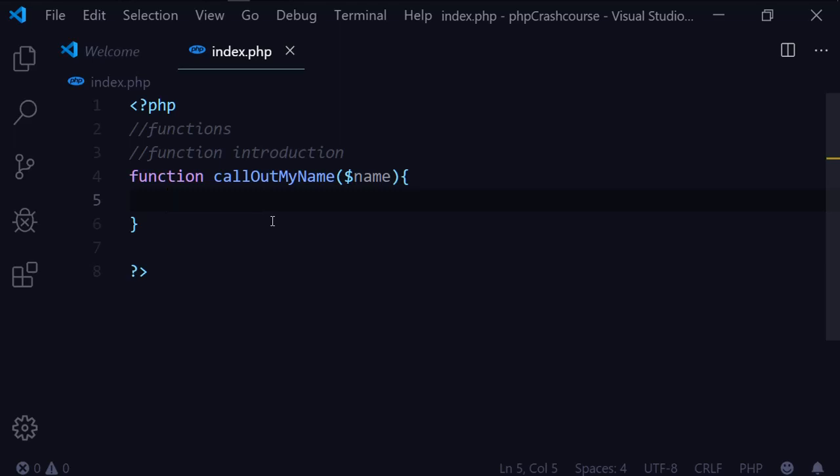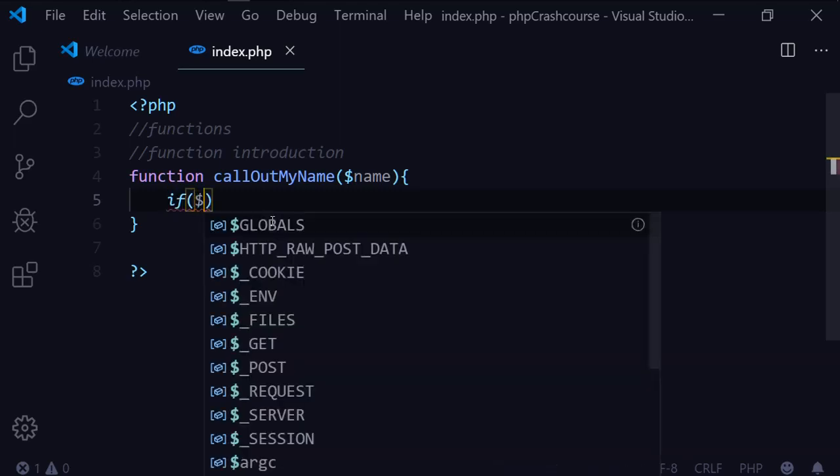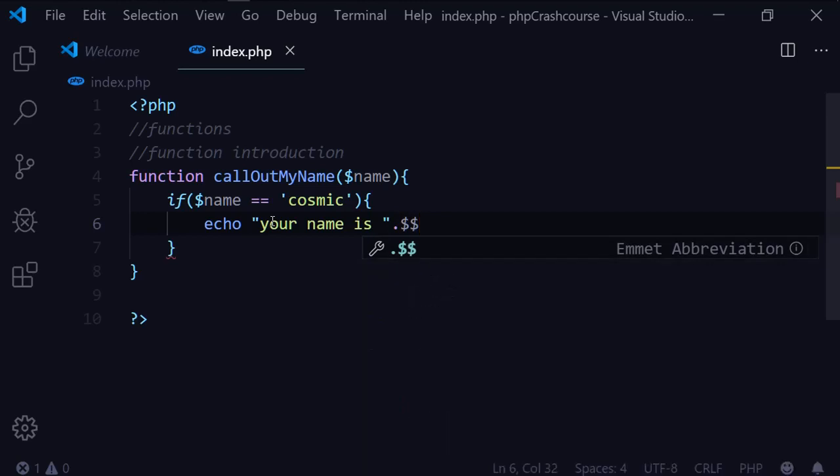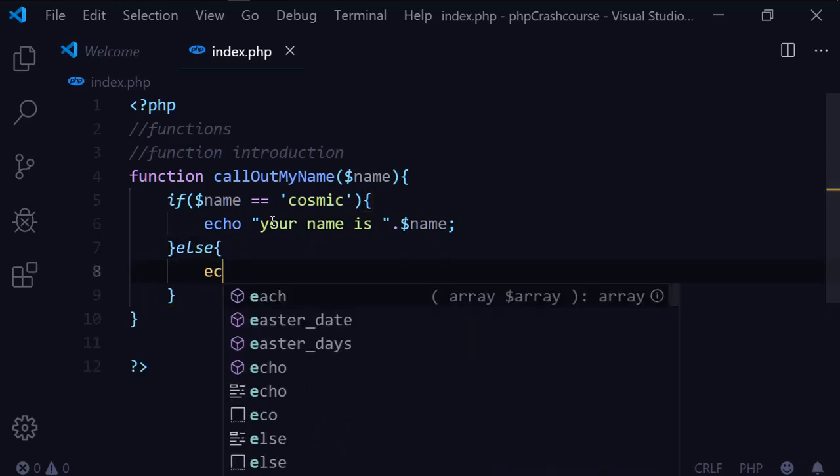Then you can have the function do something. You can say if dollar name is equal to cosmic, and I want you to notice what I'm using right now. I'm using the equal sign, a comparison operator, where we are checking if it is equal to that string. Then we are going to echo your name is, and concatenate it with the dollar name. Else, if that is not true, then we are going to echo